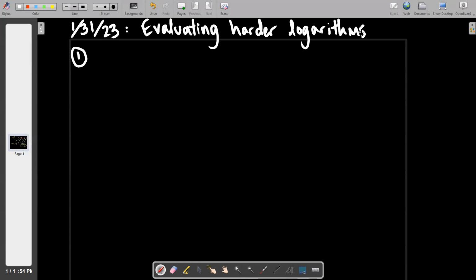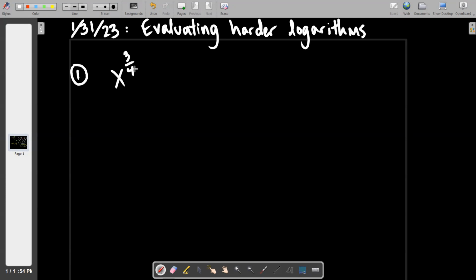So in section 1 of the notes, we're going to talk about something that has absolutely nothing to do with logarithms at all. In section 1, we're going to be converting exponential expressions into radical expressions and vice versa. It'll make perfect sense here in about 2 minutes and 12 seconds, mark my words. So first things first,